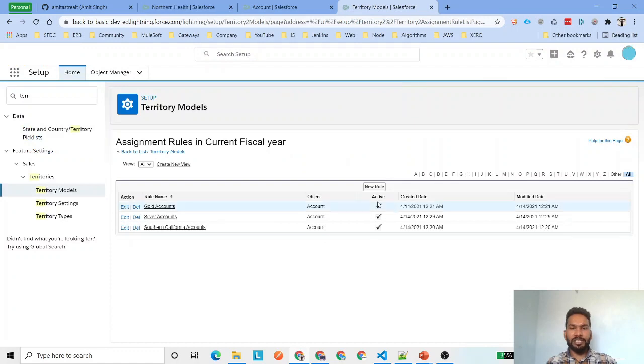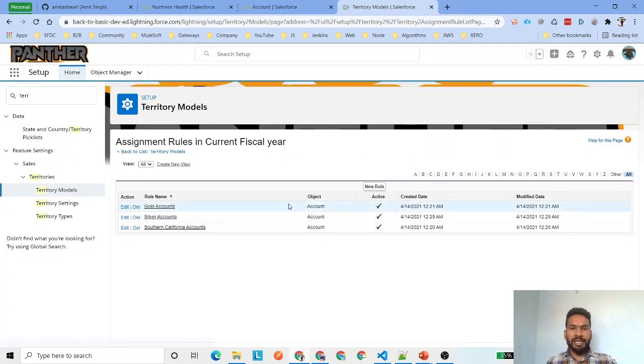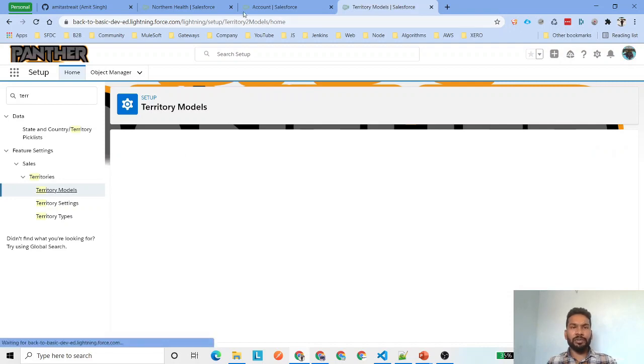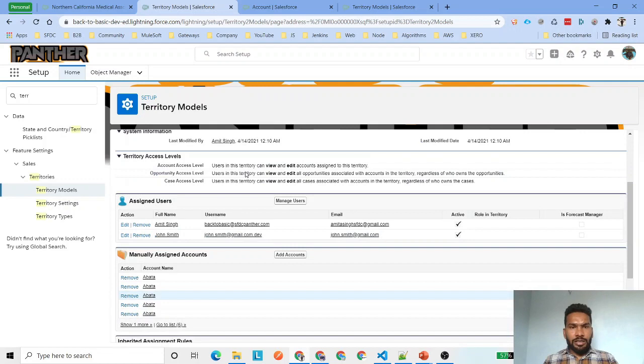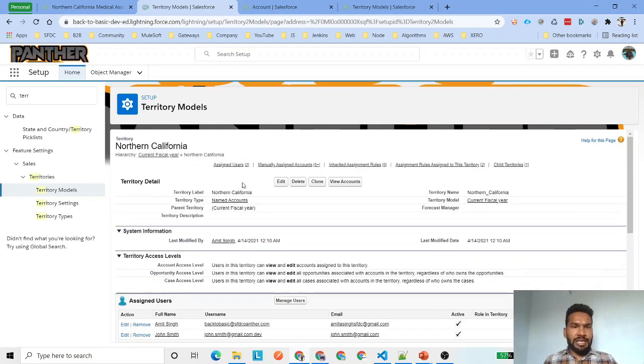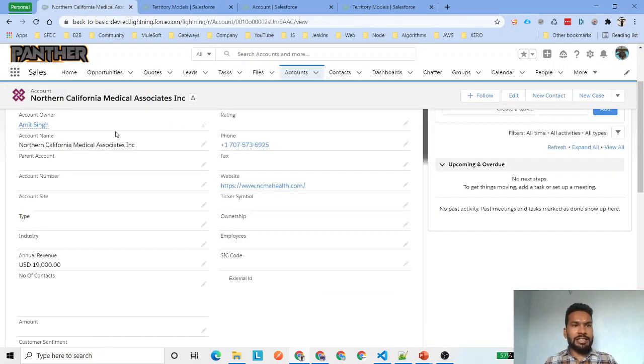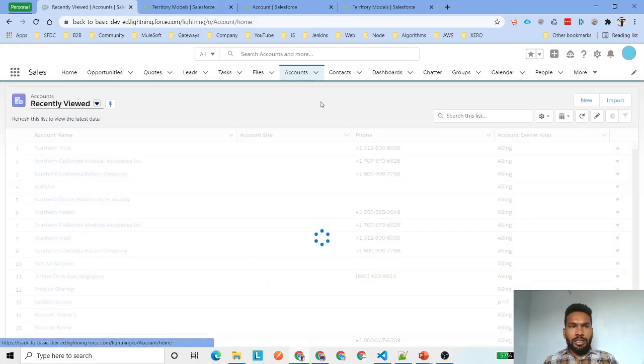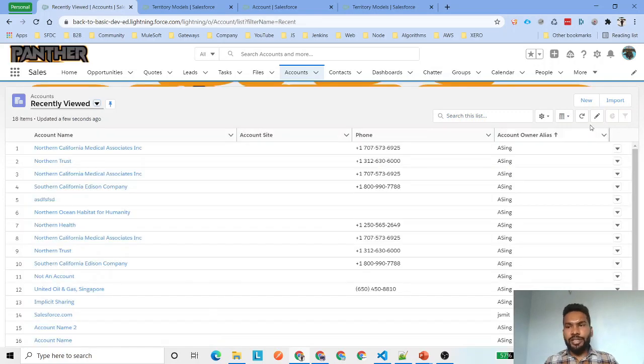As we already have this model which is active, and I have also received an email that my model has been activated by Salesforce. So after spending a lot of time, I have noticed that the reason this rule was not running and assigning the accounts to the user is the missing value for the account annual revenue field.